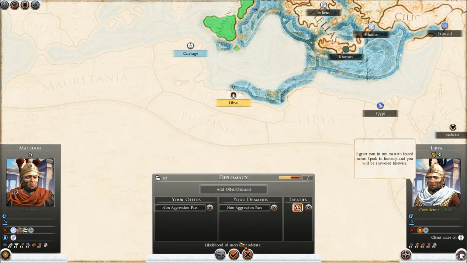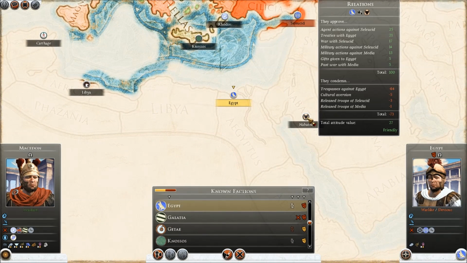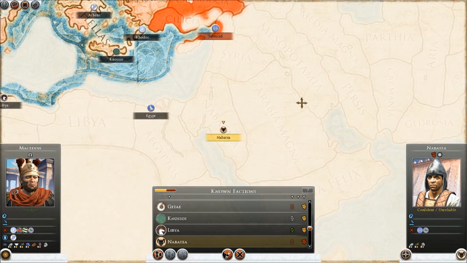Libya has rejected a non-aggression pact. I don't want to trade with Egypt because the Seleucids don't like them,